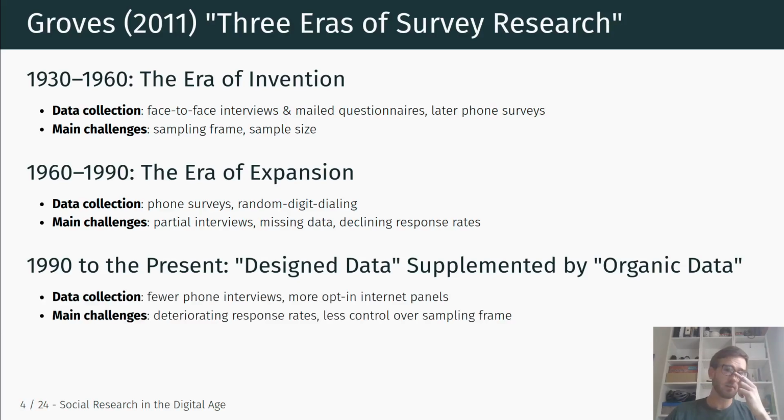And what the author means by that is that the way we collect data, or survey data in particular, changed due to a lot of technical changes and technical developments. People have much fewer landlines. A lot of people have only mobile phones and are therefore much harder to reach, both because they can just decline calls, and also because the random digit dialing based on area code doesn't really work the same way anymore.